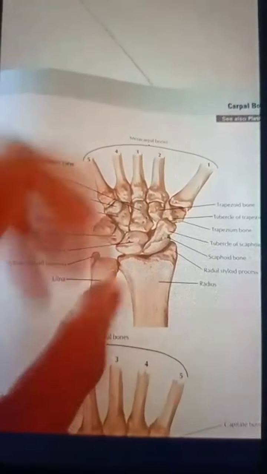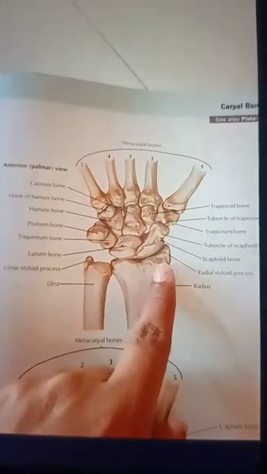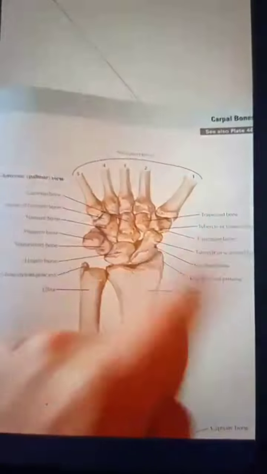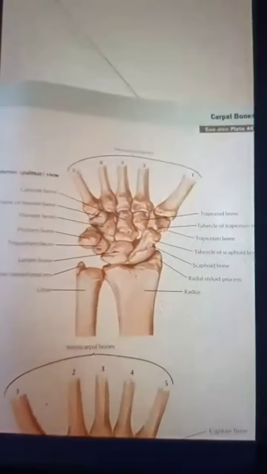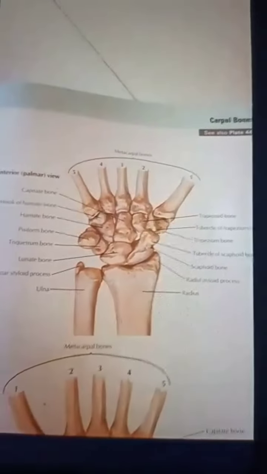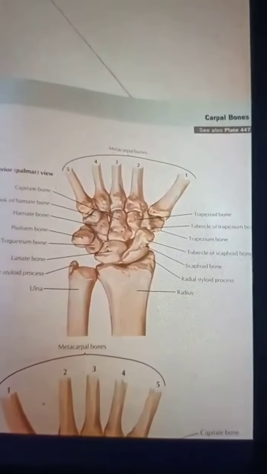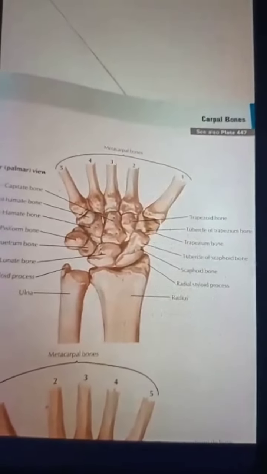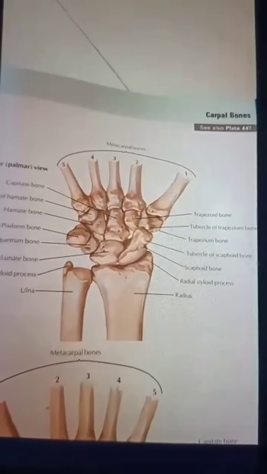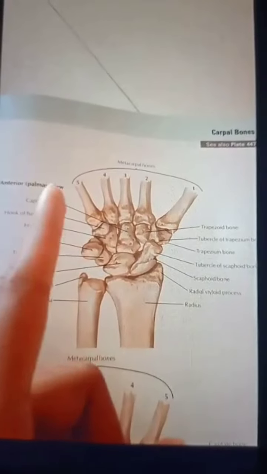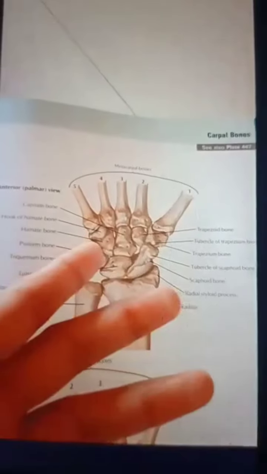And the most commonly fractured one is the scaphoid bone in the proximal row. Of course, in the whole carpals I am saying that it's present in the proximal row. So scaphoid is the most commonly fractured, and the most commonly dislocated one is our lunate bone. And next the largest is the capitate bone, and it's also the first bone to ossify, in the second month of our intrauterine life.